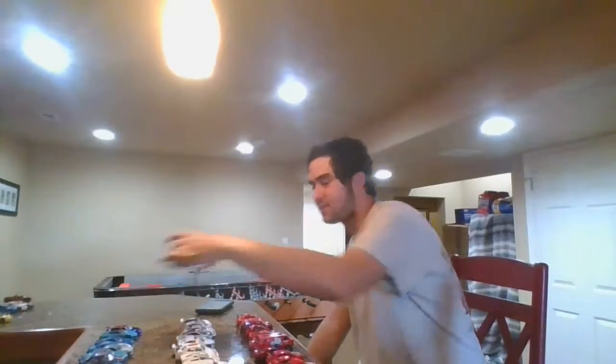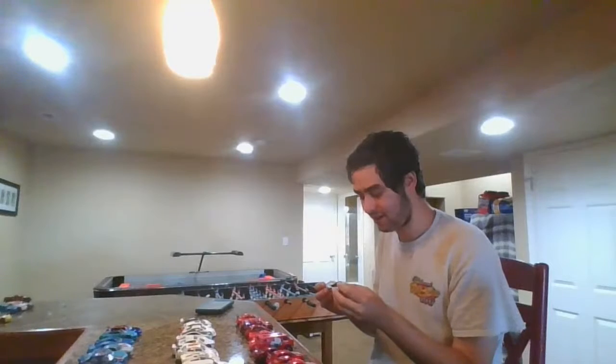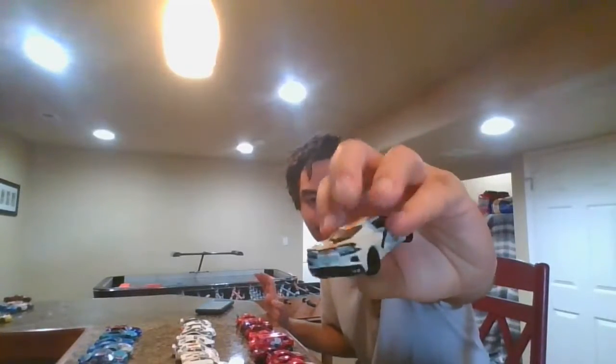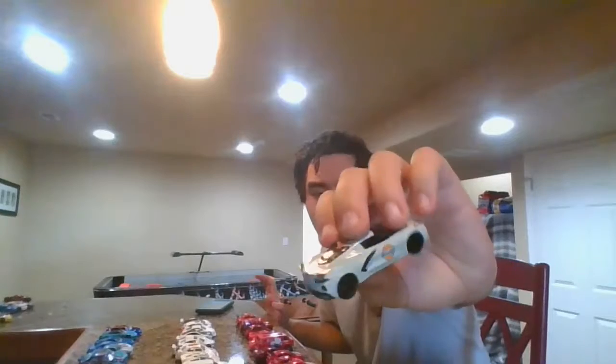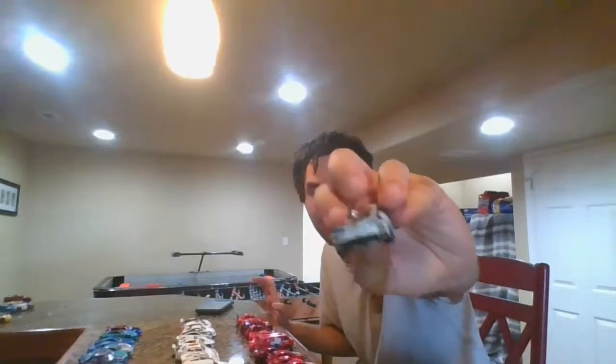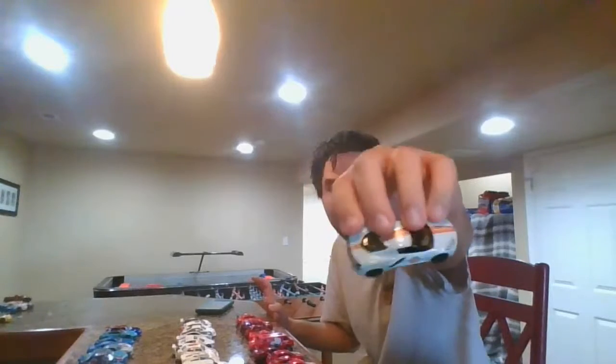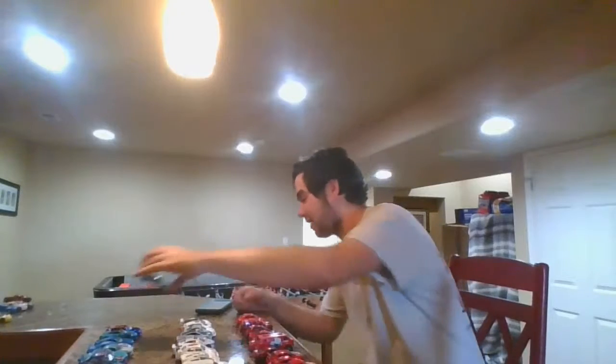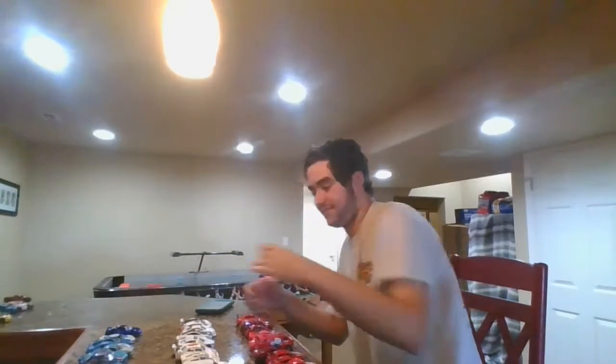Next up, this one's hard to find. This is part of the Racing Hitch and Tow series from Greenlight. This is the 2021 Chevrolet Corvette C8 Stingray in Gulf Racing colors from the Greenlight Racing Hitch and Tow series. There are 3 car trailer sets, and all of them come with 1 car, 1 truck, and 1 enclosed car hauler. I have 2 of the 3. However, the second one is not going to be shown in this due to the fact that I know it's an American-made car, but it's not red, white, or blue colors. It's yellow, actually. So, yeah. Anyways,